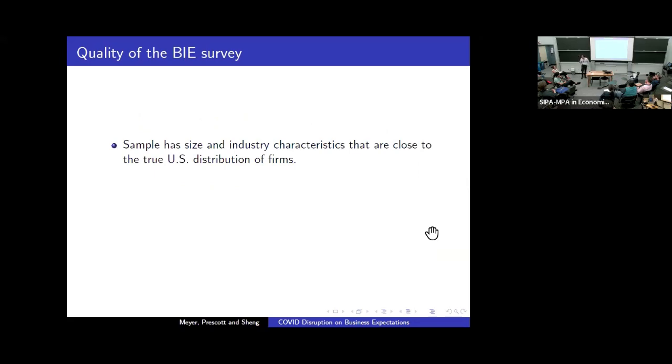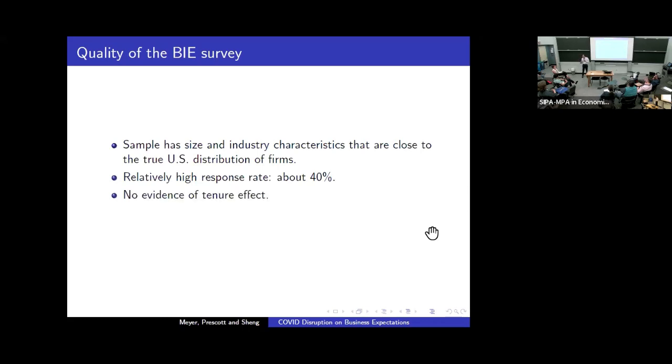So let me spend a couple of minutes here to convince you the quality of the survey is good. The firms in the panel include the firms within the 6th district. Excuse me. So this is really the issue of being representative. In terms of both firm size, large, small, or medium, and industry composition, the BAE panel is roughly reflective of the US economy. And second, we maintain a relatively high response rate, about 40%. This is comparable, correct me if I'm wrong, to the roughly 20-30% response rate of firm-level surveys, both in the US and abroad.